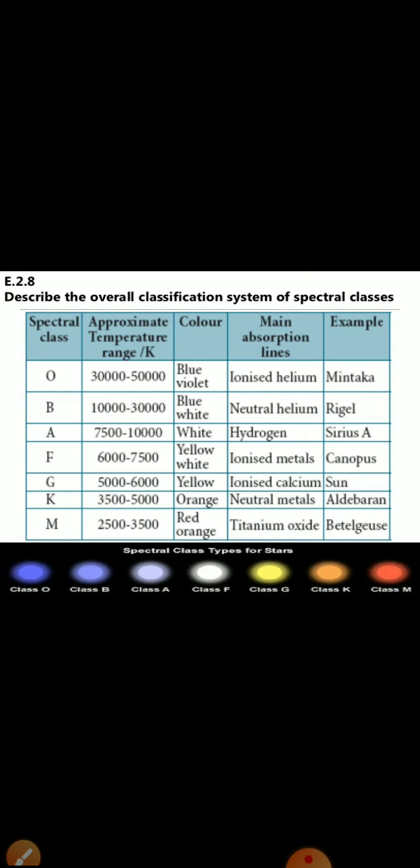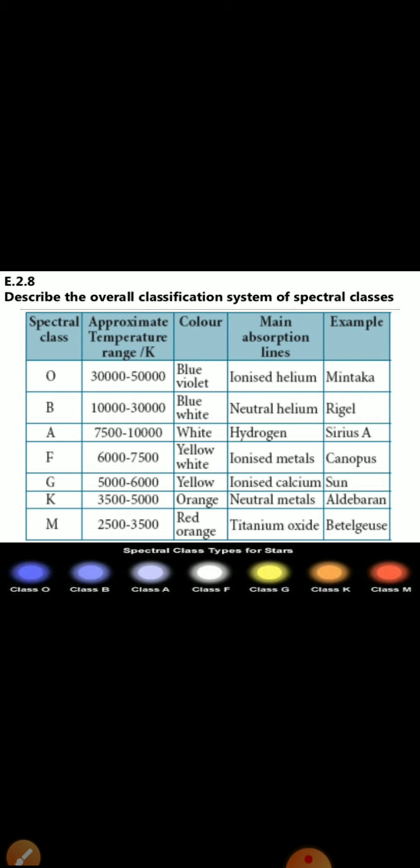Depending upon the temperature, composition, and color of the star, all the stars are classified into 7 different categories. This is also called the Harvard classification, which was introduced in the 1880s and later modified in the 1920s. The groups of stars under this category are the O, B, A, F, G, K and M group of stars.